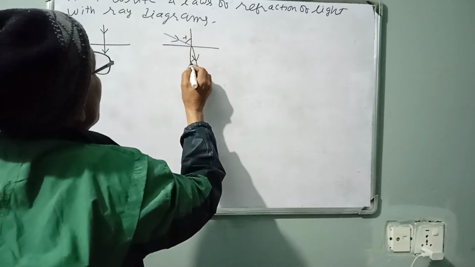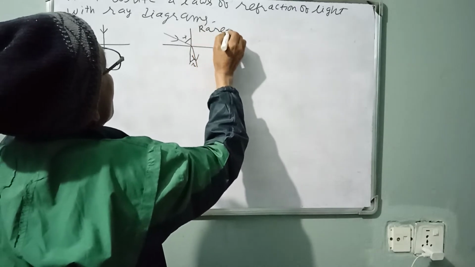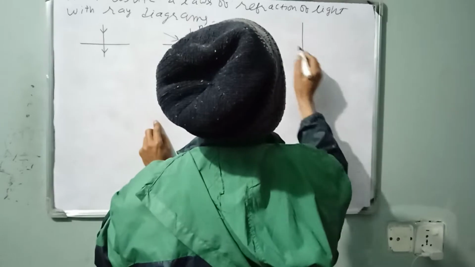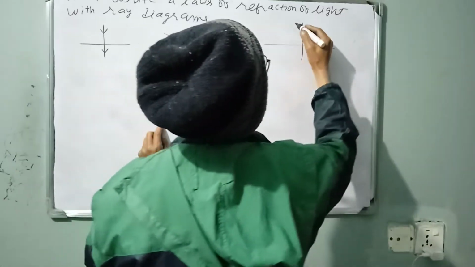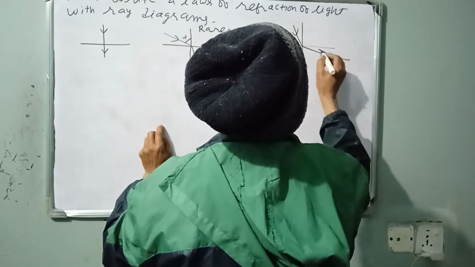I, this is R, this is rarer to denser, rarer medium to denser medium. Now, denser medium to rarer medium, denser medium to rarer medium,